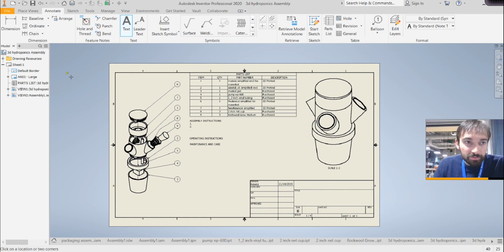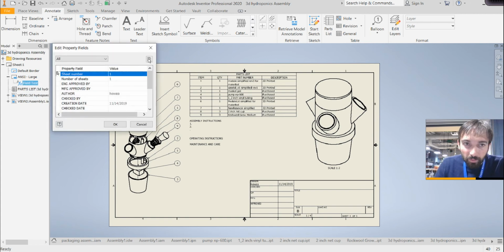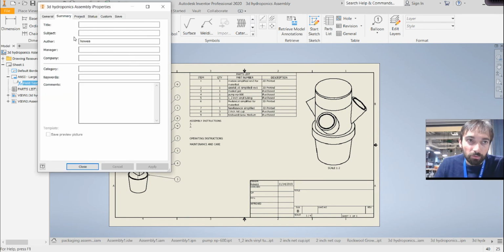Now let's go ahead and fill in the title block. So I need to hit escape. You're going to find this thing called field text. Right click on it and go to edit. And then we want to click this button, but we have to click somewhere down here first. We're going to go to summary, and then maybe we're going to call it